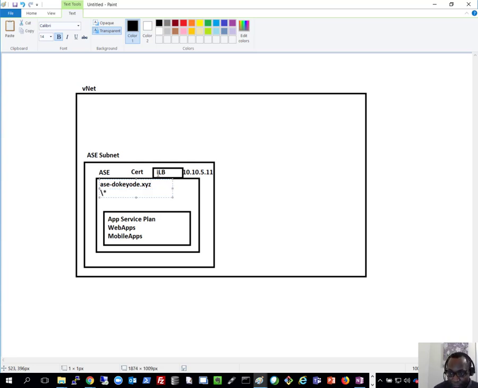It's going to be a wildcard certificate for the domain that I've specified, which is *.ase-d.okode.xyz, but also for *.scm.ase-d.okode.xyz. And for those of you that are familiar with Azure App Service, which is the assumption for people looking to do this,